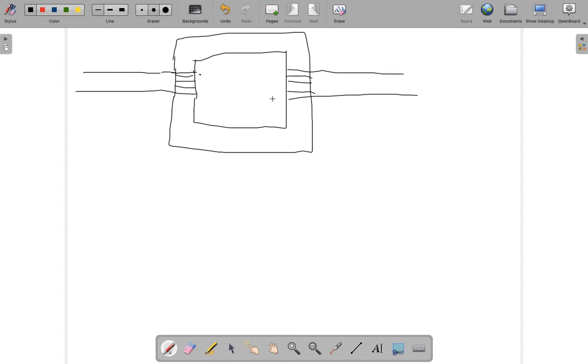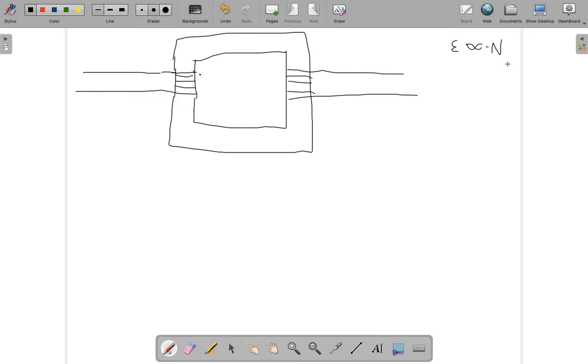Now this induces a current in our secondary coil, thus inducing EMF. And now, from what we have learned, the induced EMF is in essence proportional to